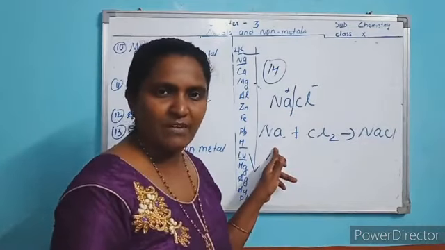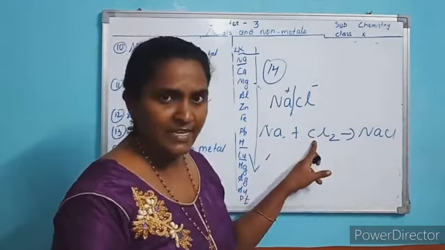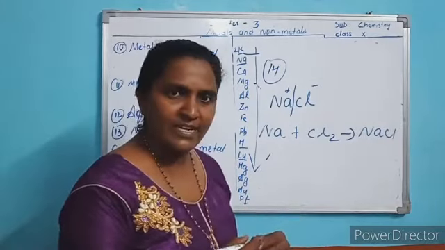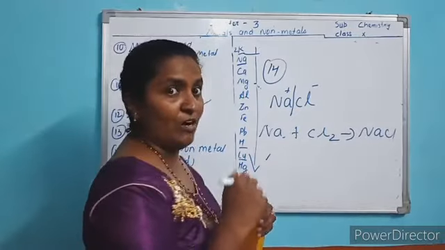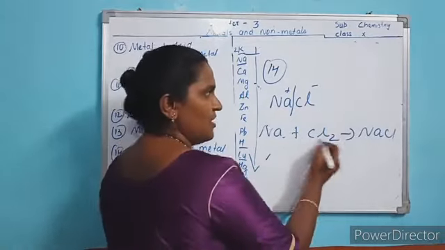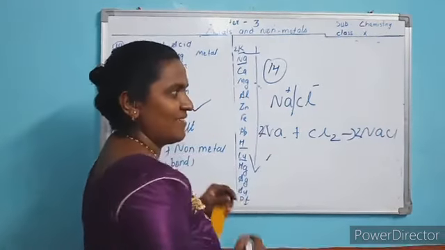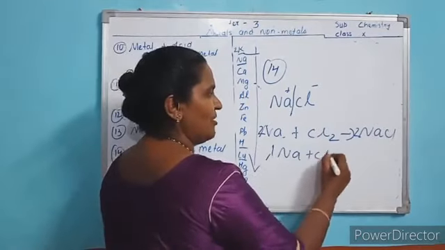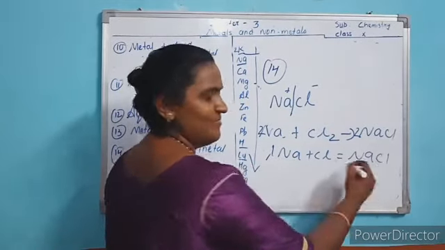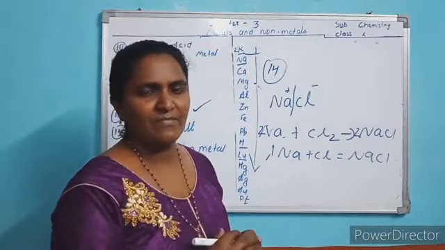Na is monoatomic. Metal always exists as monoatom. When you write it, chlorine is a diatomic gas. So after mixing, you get NaCl. But you have to balance the equation, no? You have to obey the law of conservation of mass. So here 2 chlorines are there, so again check it, 2 sodium here. Okay. So 1 sodium reacts with 1 chlorine, you will get 1 NaCl. Understood?